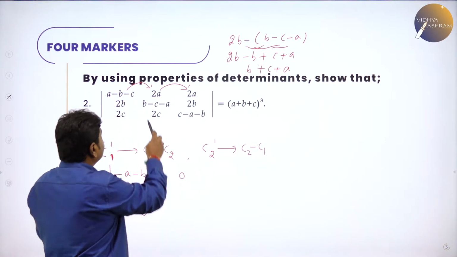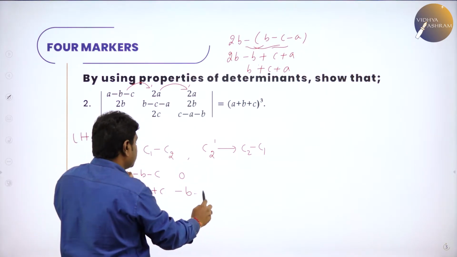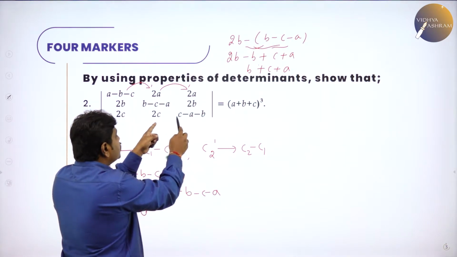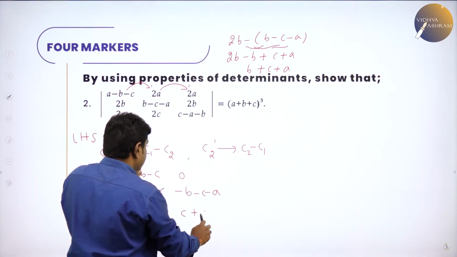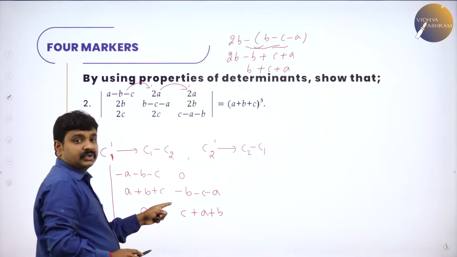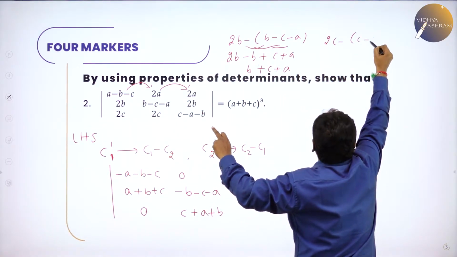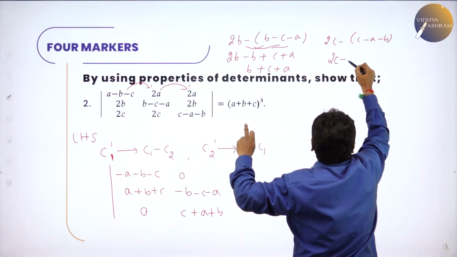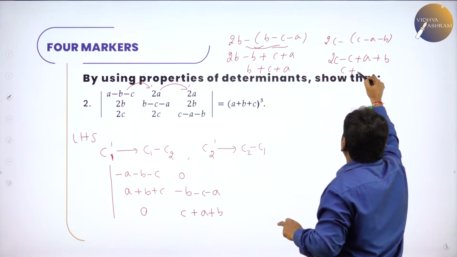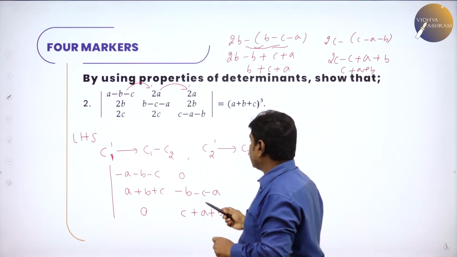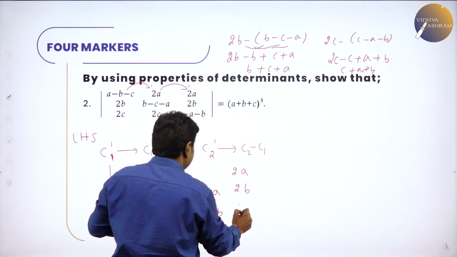2a minus 2a is 0, b minus b is minus b, what does b minus 2b become? It becomes minus b, minus c minus a, same sign is there. Then 2c minus c, 2c minus c is positive c, and minus of minus a plus b. Don't make a mistake here. When subtracting, again I show this: 2c minus c minus a minus b becomes 2c minus c plus a plus b. So 2c minus c is c, so all becomes positive here. This is important. Here all are negative. Then last column, retain it. Last column is 2a, 2b, c minus a minus b.